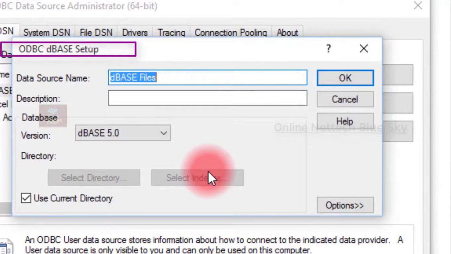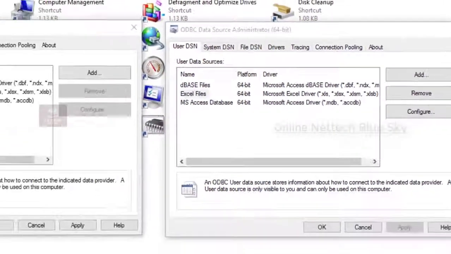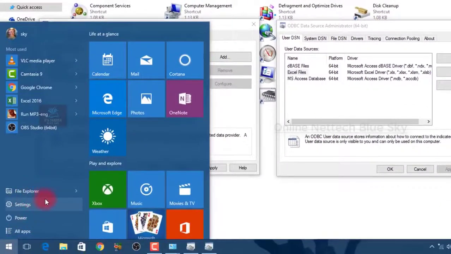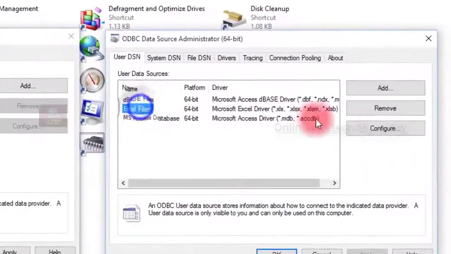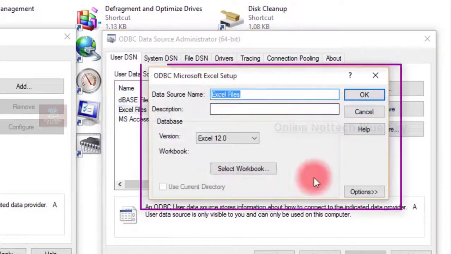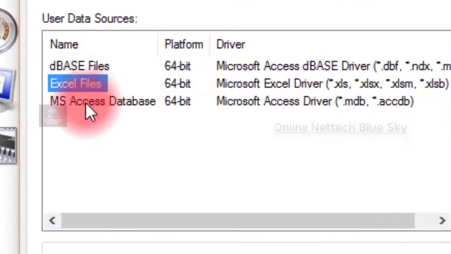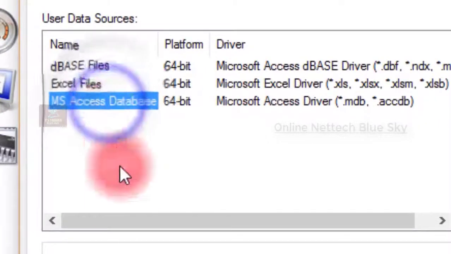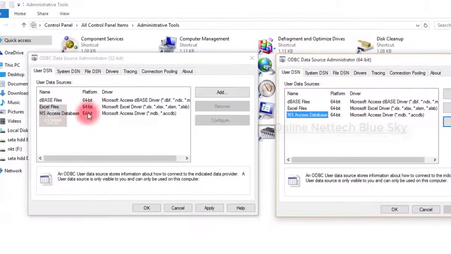So audio basic data, DBase setup. DBase means database setup, and it is not only for one kind of work, but for a lot of different types. You can see file access, settings, everything, and I click on this tab. Okay, so I configure here, click on configure, and data source name Excel files, so Microsoft Excel's files are all here. And MS Access data means the Microsoft Access driver, your device drivers.